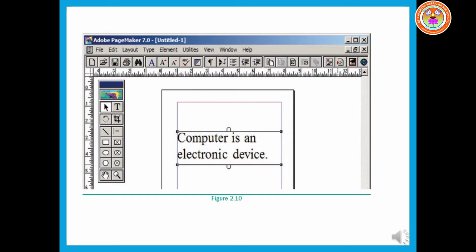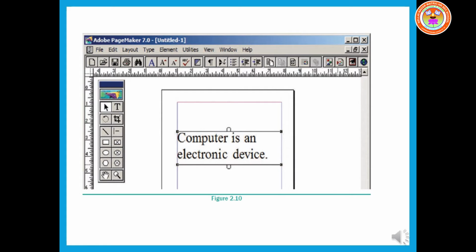See, now this is called a text block. The boundaries are visible. Why? Because I have clicked the text block with the pointer tool. This is the pointer tool. This is the text tool. So if I click the text block with the pointer tool, my text block boundaries are visible. These are called handles, two handles.